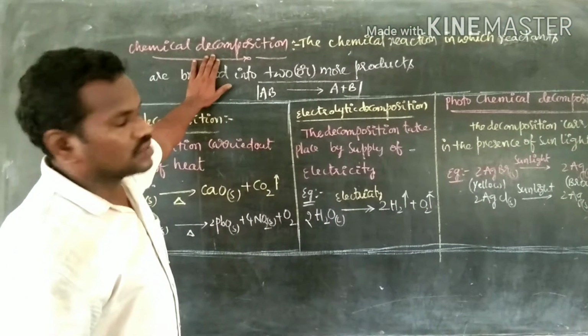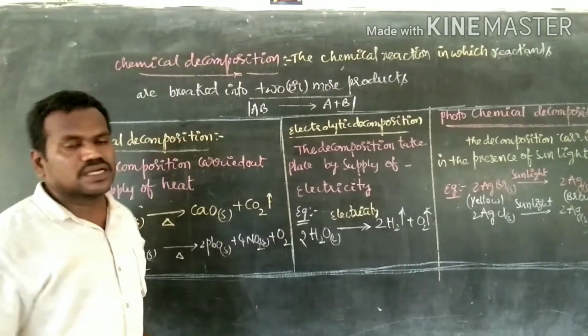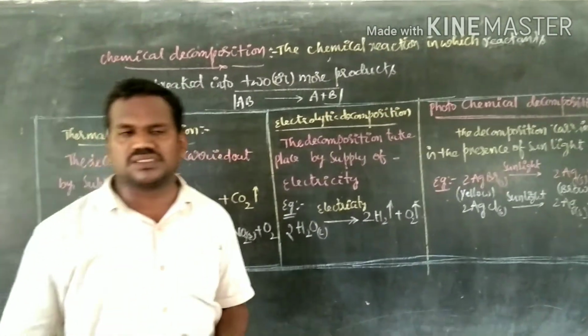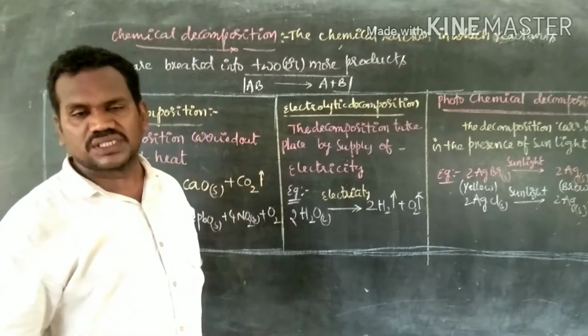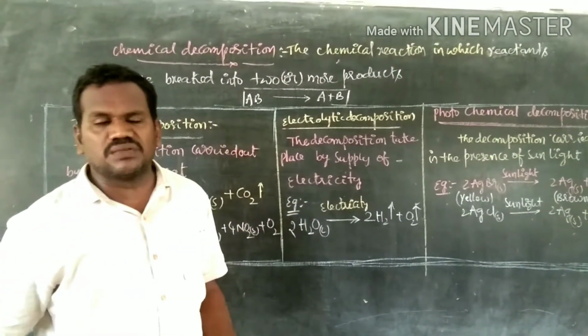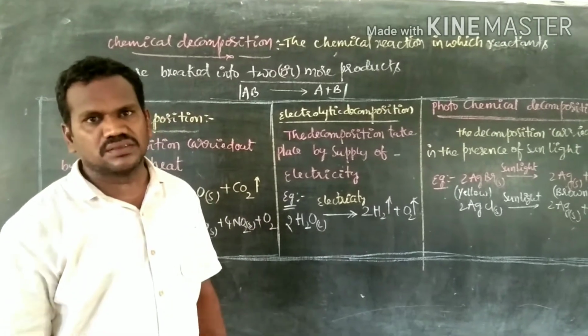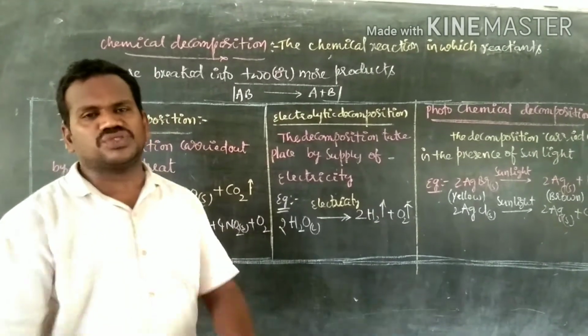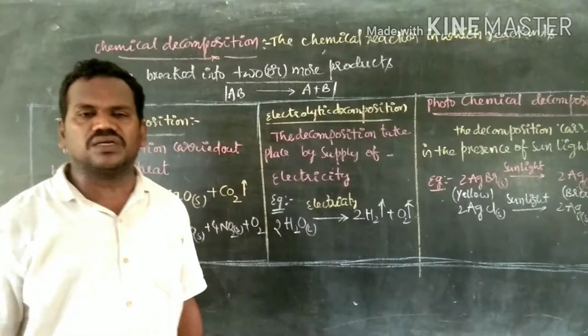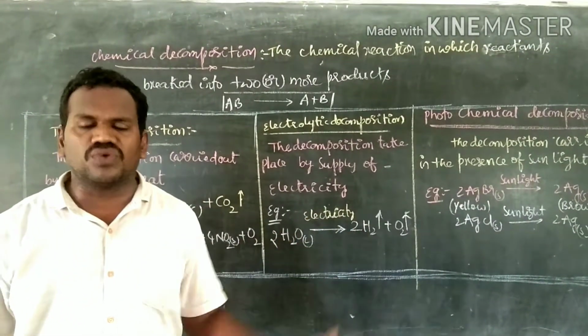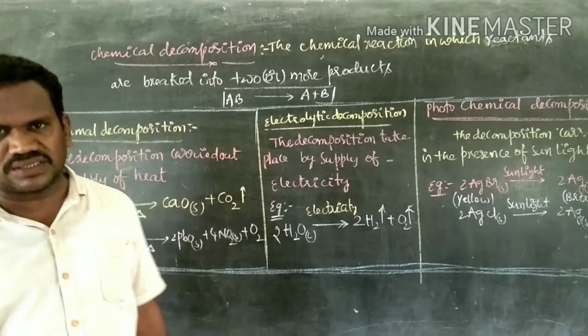In this video, we are going to explain about chemical decomposition reaction. Here, a word is there, decomposition. Decomposition means, D means breaking. What should break? Compound should break. Whenever a compound breaks, then automatically we can get minimum 2 or more types of compounds or elements.